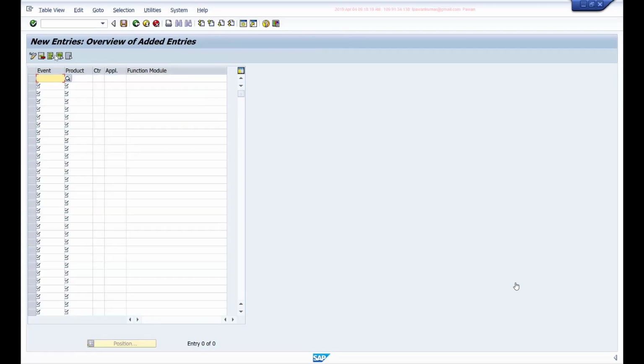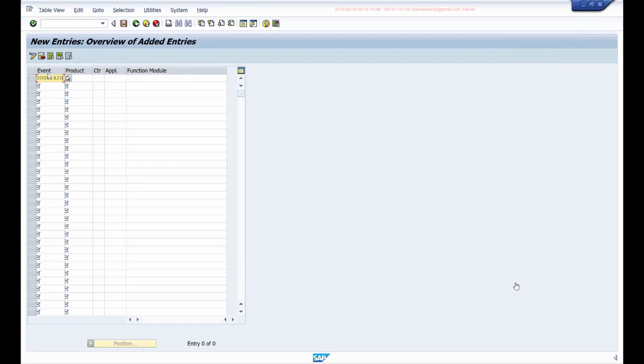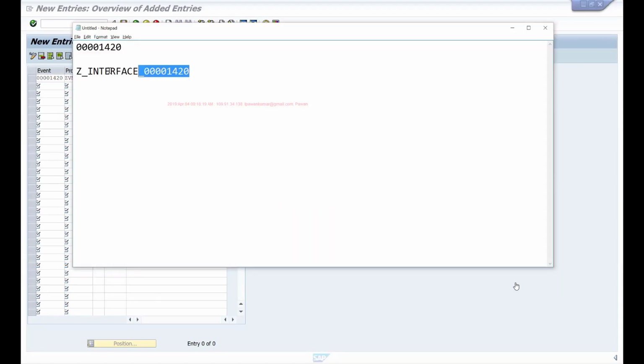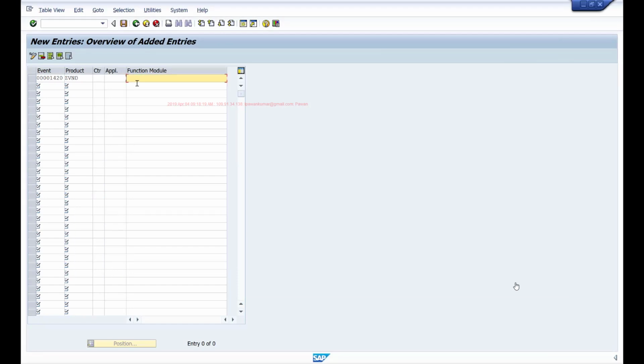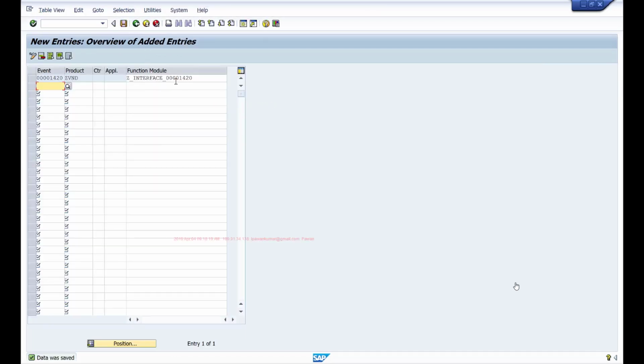So here you click on new entries, you give the event name here, and the product is ZVND, and you give the function module name here, and click save. Assign it to your package. Then we have mapped our function module for this event, and we also defined one product. This product is only required for this mapping purpose.